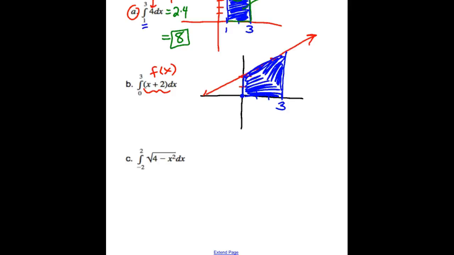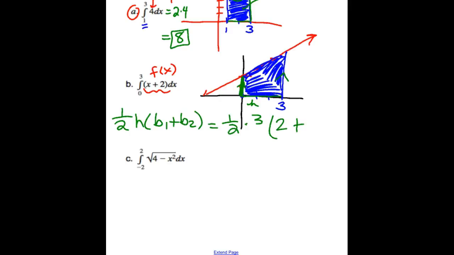I'm going to realize that it makes a trapezoid. And for a trapezoid, I need to evaluate 1/2 of its height times the sum of its bases. The parallel ones are the bases. The height is the distance between the bases. So I would do 1/2 of 3, 1/2 the height, times the base 1 right here, which is up at